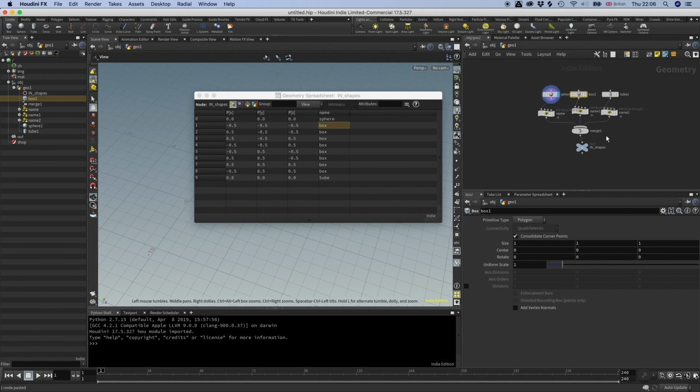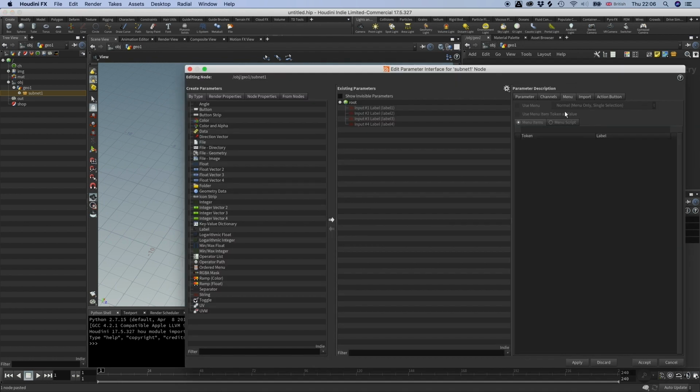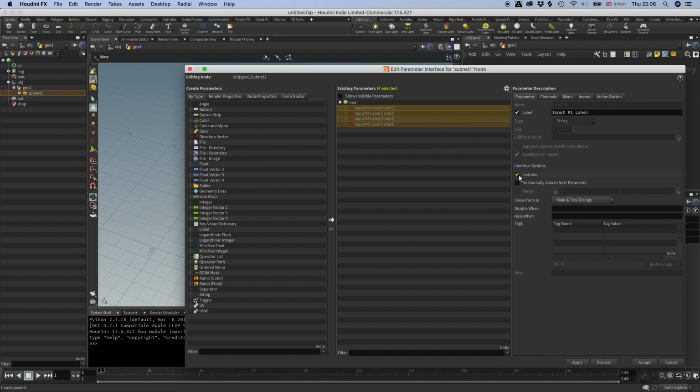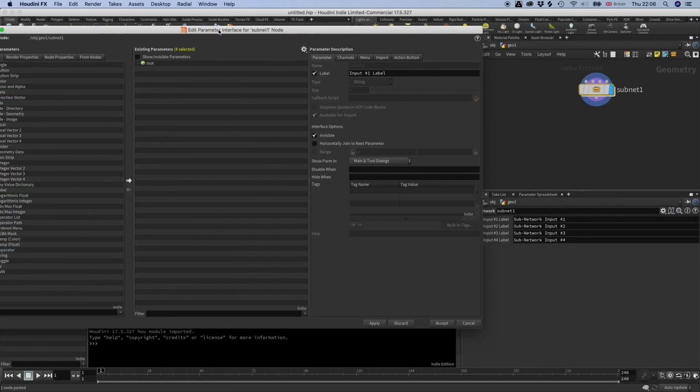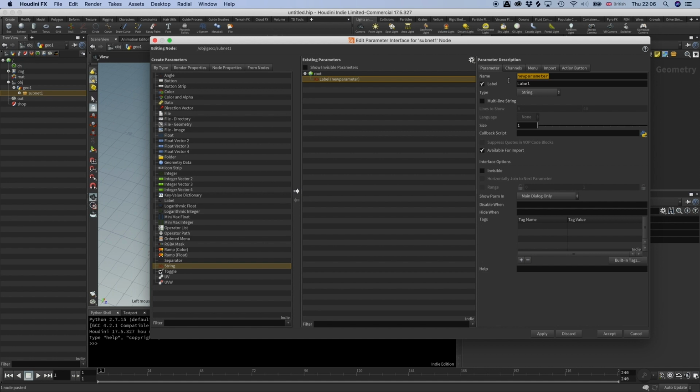Cool. Alright, so let's make a subnet out of this. So a subnet, and then I'm going to go into this edit parameter interface. And the first thing I'm going to do is hide these inputs because they're kind of pointless. And the next thing I'm going to do is create this menu. So I take a string attribute, drag this string in here, call this menu,